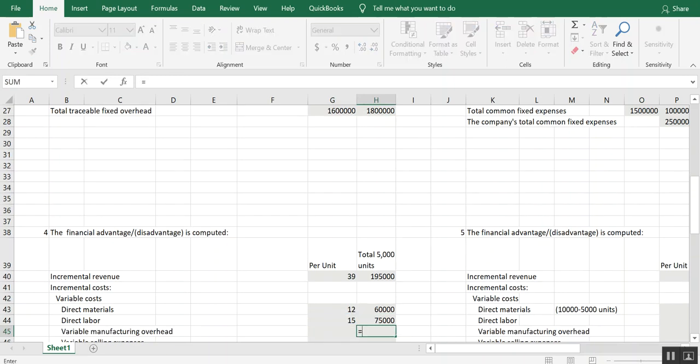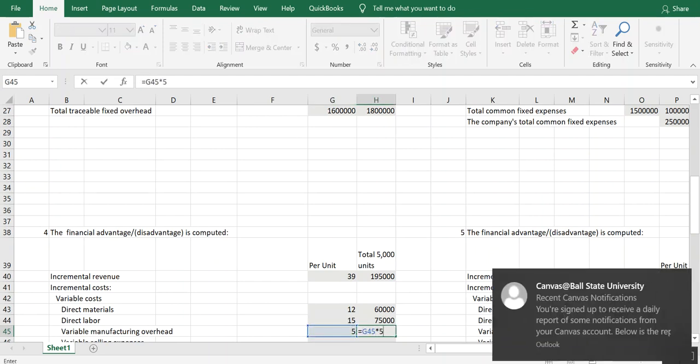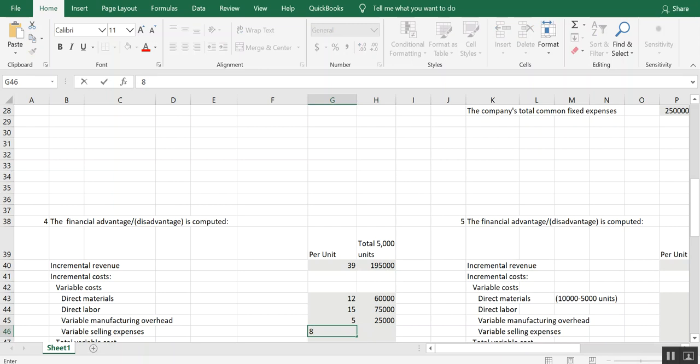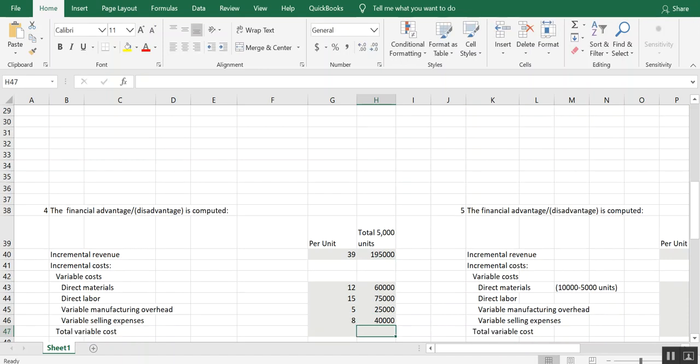Then we have variable manufacturing overhead of $5, so we take that times 5,000 units. And then we have variable selling expense, and this is going to be $8, so we take that times 5,000 units. We get a total variable cost here